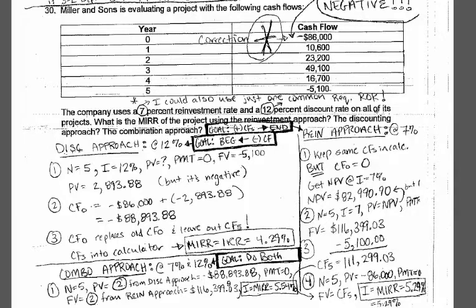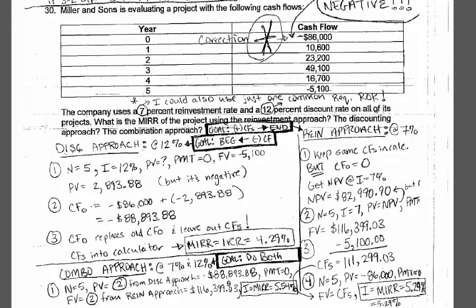However, in year 5 you also are going to have that negative $5,100 cash flow. So in step 3 we take that negative $5,100 cash flow out. You'll have a cash flow 5 that's equal to $111,299.03 now. Does that make sense? All right. So all you have now are 2 cash flows. One in year 0 that's negative 86,000 and one in year 5 that is positive